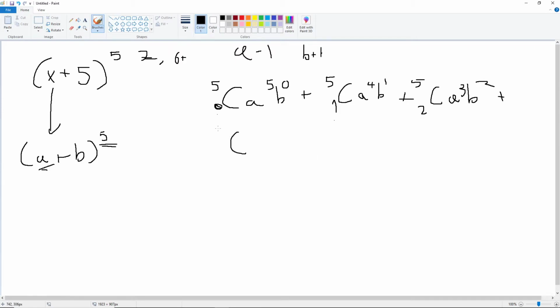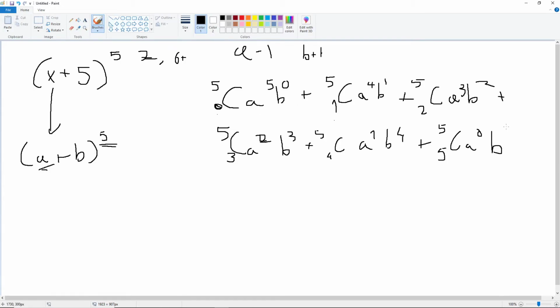Then C 5, 3, A squared, B cubed, plus C 5, 4, A to the 1, B to the power of 4, and then the final one, C 5, 5, so it's both this, and then A to the 0, so the A will no longer be present in this final one, same as the B wasn't present in the first one, and B to the power of 5. Just remember this, it's really important, it's confusing,